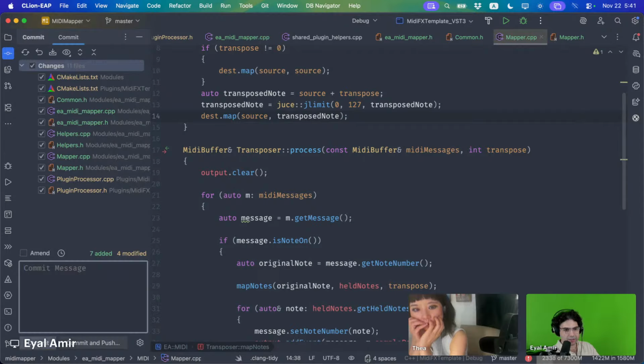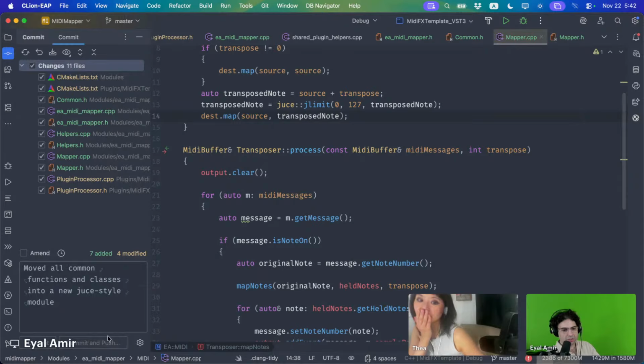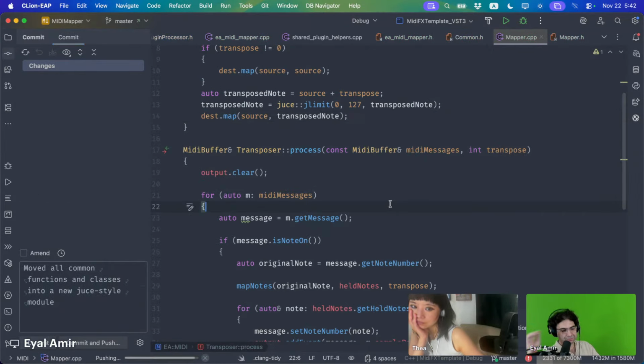I'll explain. So let me first commit this. Let's say: moved all common functions and classes into a new JUCE style module. Okay, so it compiles faster because, you know,